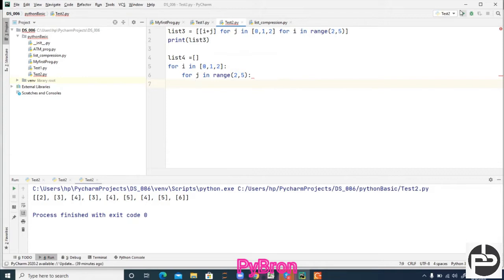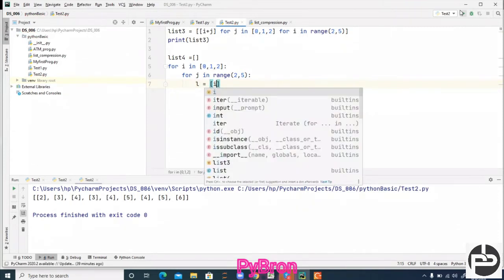I'm going to define some variable like l, and inside l I add i plus j.